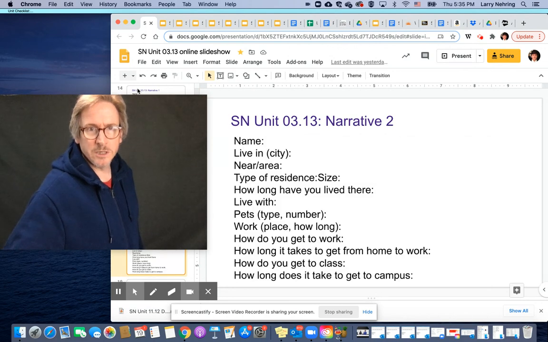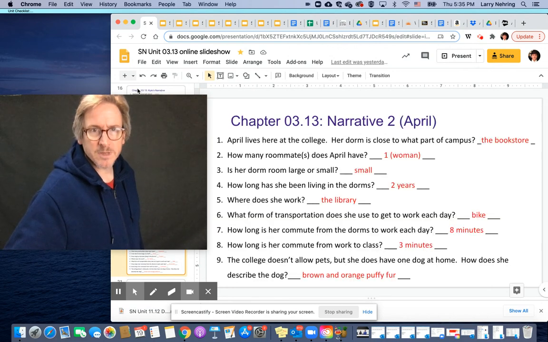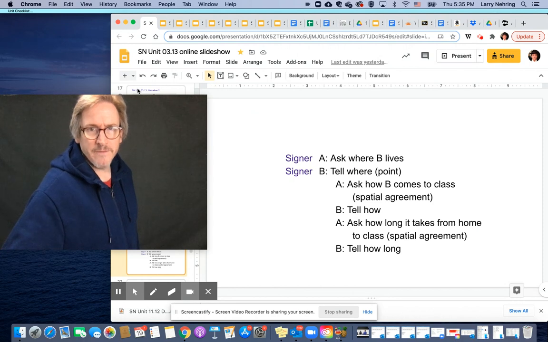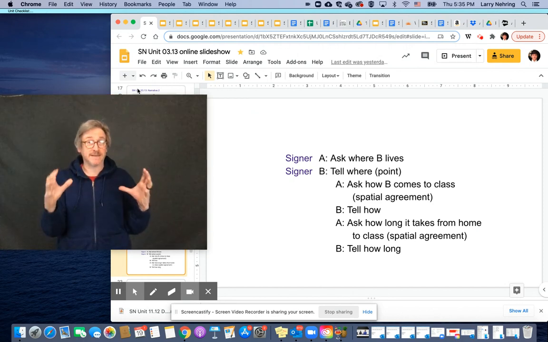Narrative 2 for April. And then, so again, we come back to this model of